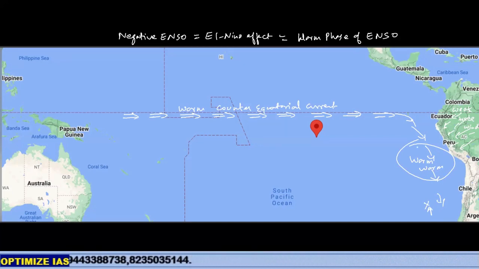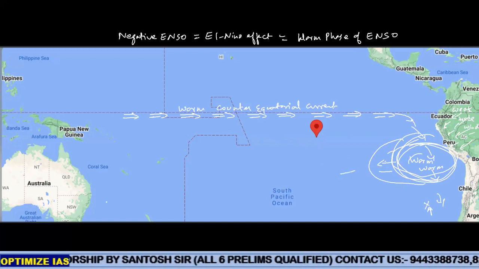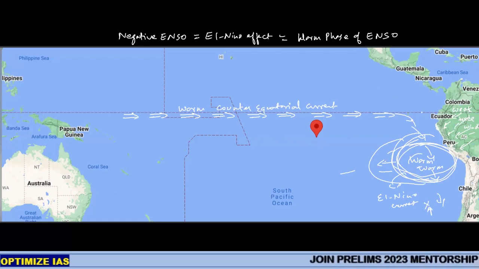ENSO. Here warm waters start piling up on the Peru side, and this is now extending in this direction, warm water with time. Around 1.5 years, this process will continue like this. So there is no role of cold current. Now what will happen? Your oceanic water circulation will replace: the upwelling location becomes downwelling, producing a warm current. This warm current is known as what? El Nino current. It is generally first observed during December and January.